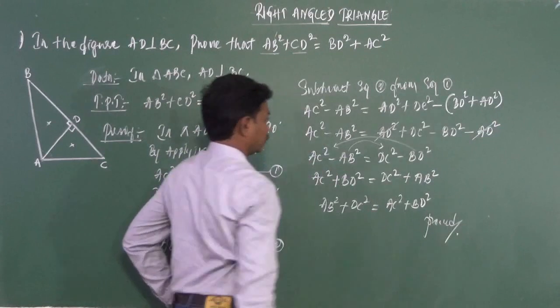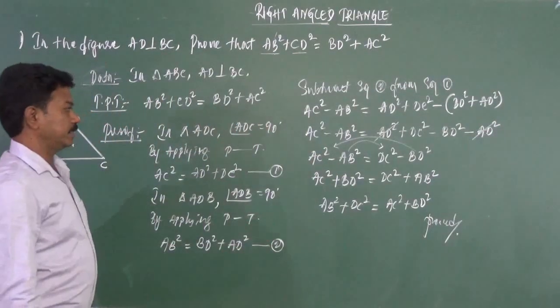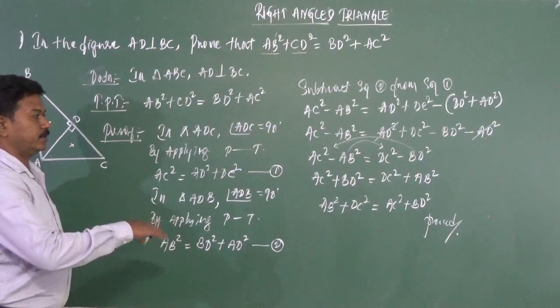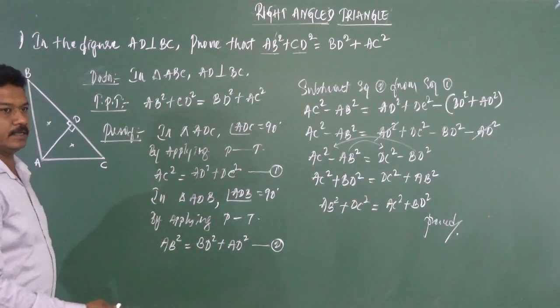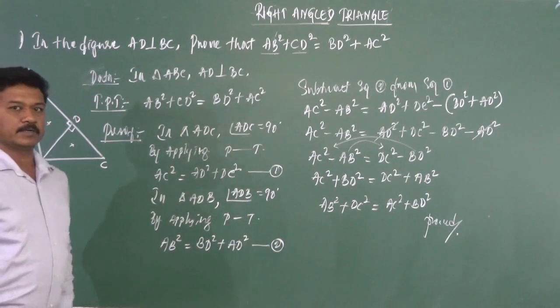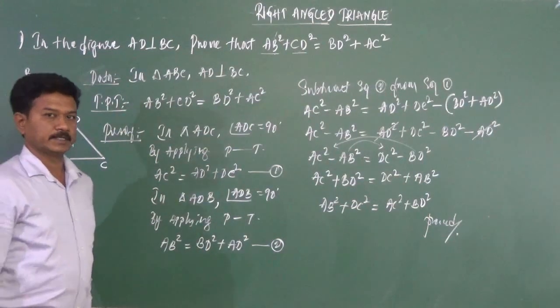So this is how we have to go with it. You have to be very tricky when solving. You have to think what is done, what happens. So you have to think and you have to proceed. So this is the 2 marks rider, very important on Pythagoras theorem. Right.